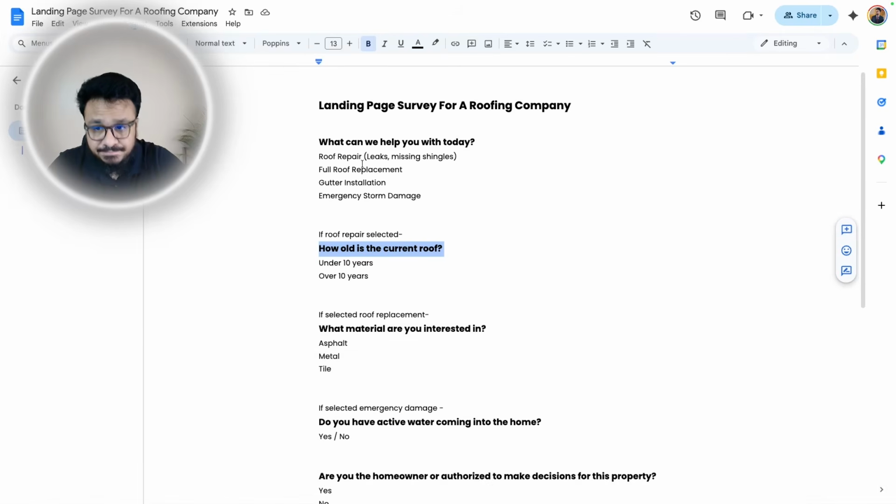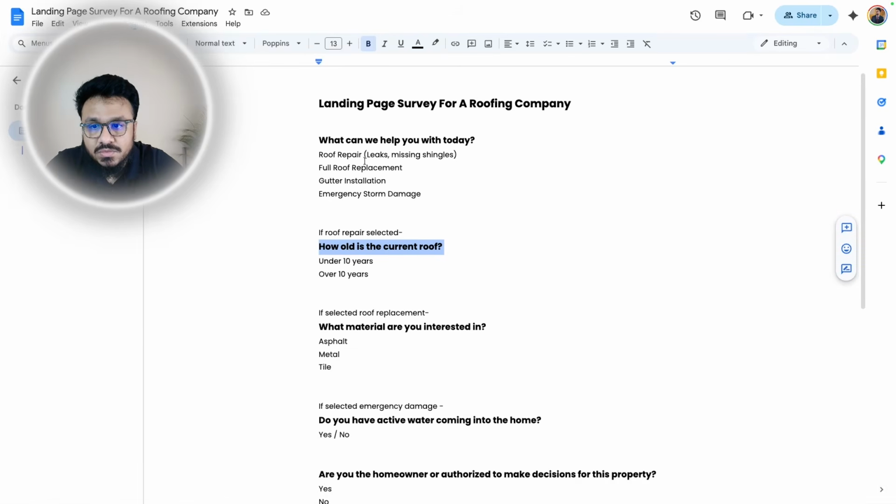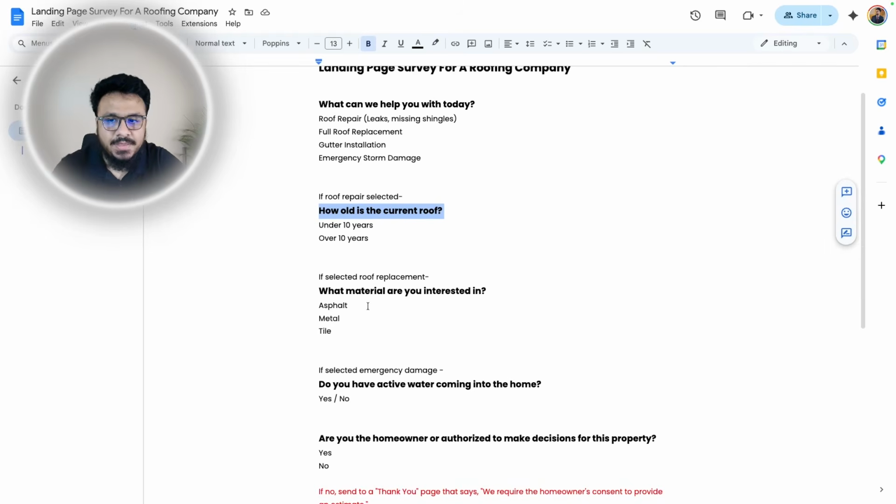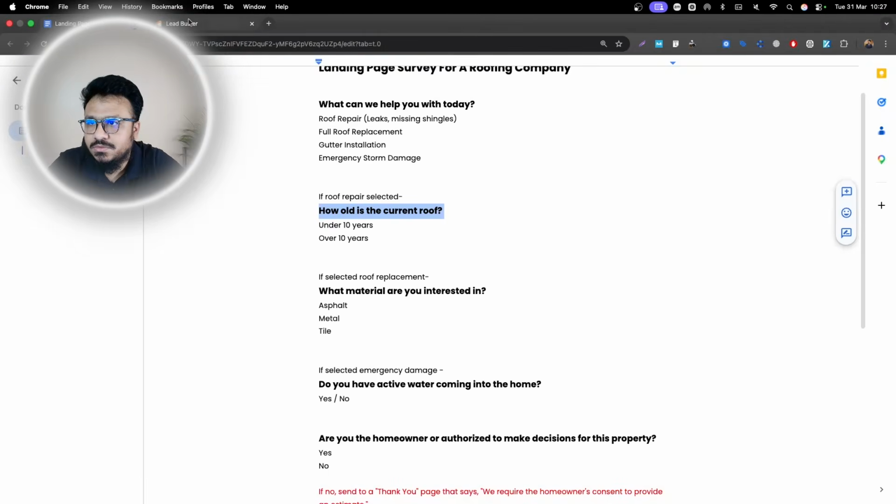Though we have conditional logics in this survey, we won't set up the conditional logics yet because we do want to create all the questions first, and then we want to link them up with our necessary conditional logic. So we will create all the questions. How old is your current roof? Same